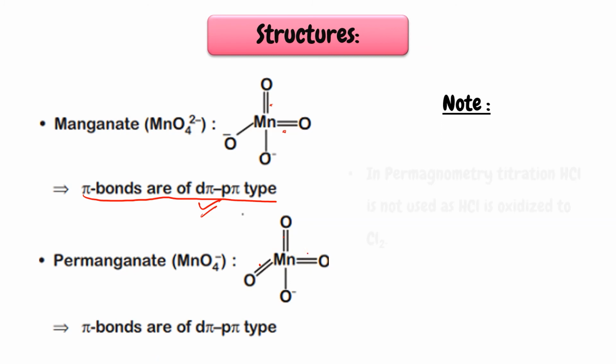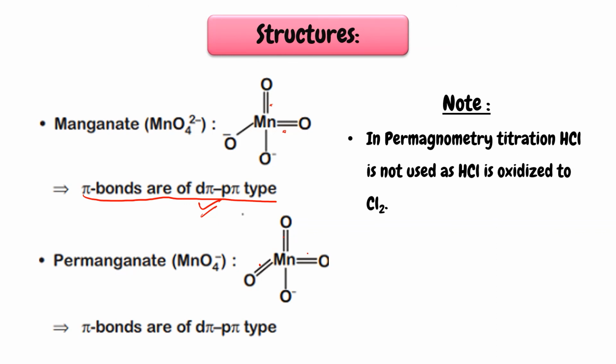Okay, so note, in permanganometric titration, since you people have not done the practical till now because of this COVID-19, when you will do this practical, you will understand this. In this preparation, to make it an acidic medium, we use H2SO4. Okay, we use H2SO4. So the question can be asked that H2SO4, HNO3 and HCl,